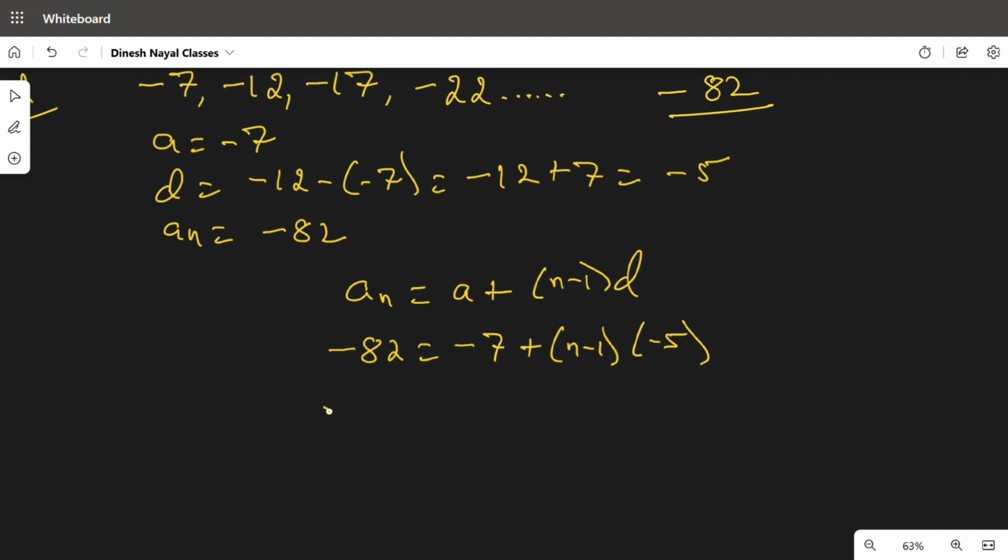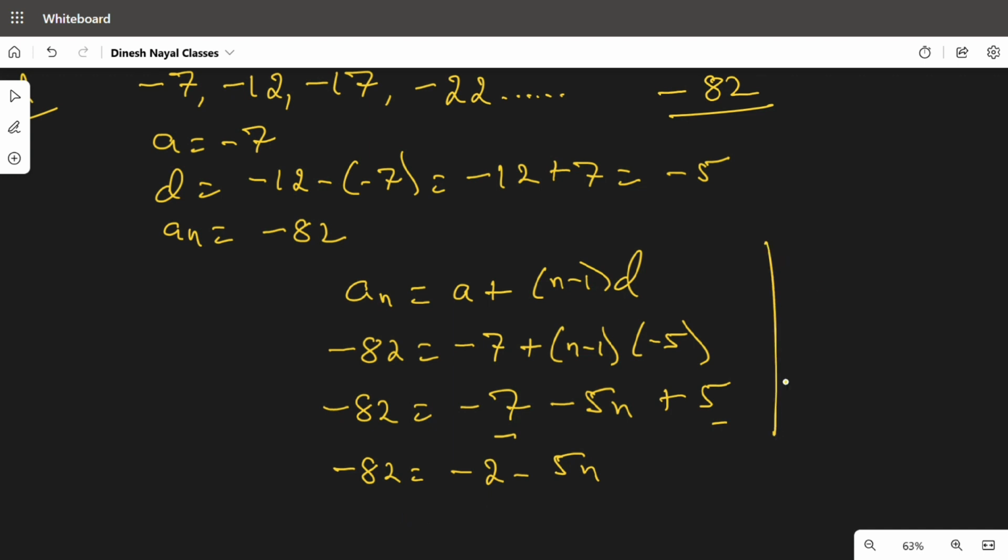Okay, so this is minus 82 equals minus 7, and this will be minus 5n. Minus 1 into minus 5 will be plus 5. Now what is minus 7 plus 5? It is minus 2. So minus 82 equals minus 2 minus 5n. You take minus 2 to that side, that will be positive. So minus 82 plus 2 will be minus 80